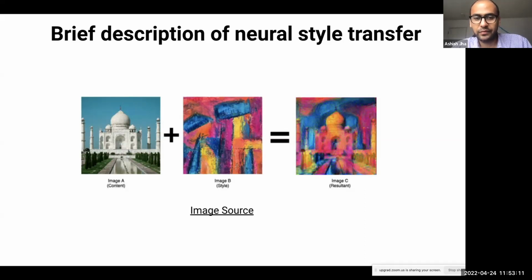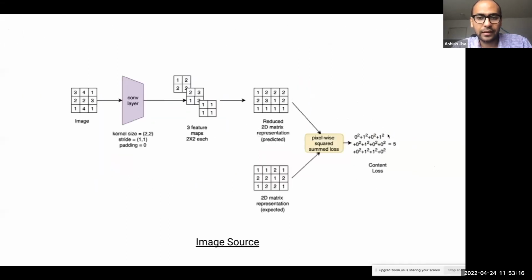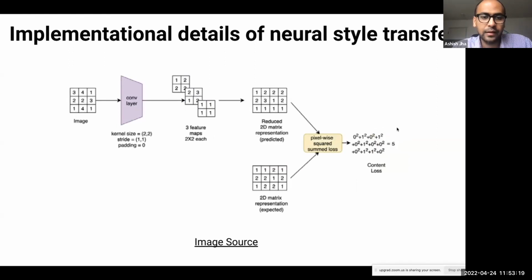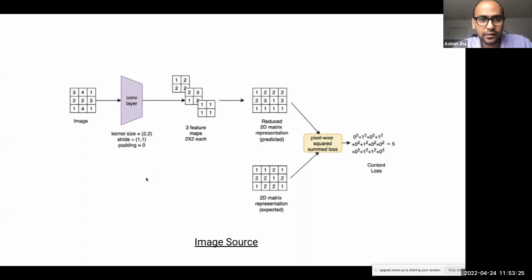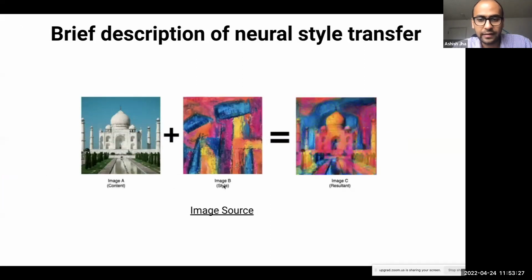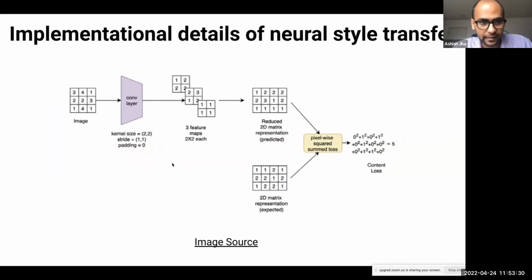And we are literally going to implement this in our exercise just next. But before we go there, I need to walk you through some concepts to really make you follow the exercise. So remember two keywords: one is content and one is style. First focusing on the content: how are we going to formulate some loss functions here? Because the model needs some motivation to learn, and we need to provide some objective function or loss function. So we will provide two loss functions, one for the content, the Taj Mahal image, and one for the style image, which is the artistic painting image.